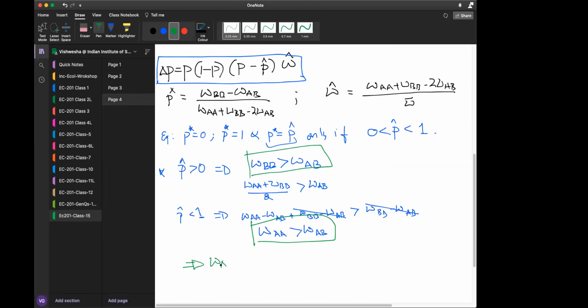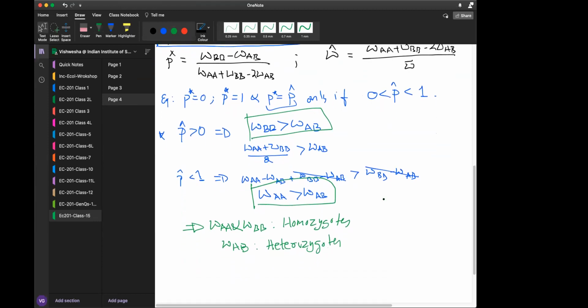You would know that omega AA and omega BB are together called homozygotes, right? And omega AB is called, okay, omega AA and omega BB are the fitness of homozygotes, and omega AB is the fitness of heterozygotes. So what do these conditions put together mean? These conditions mean that if you want to have an existence of this intermediate equilibrium, one way to achieve that, we are not showing this is the only way, by the way, one way to achieve that will be that